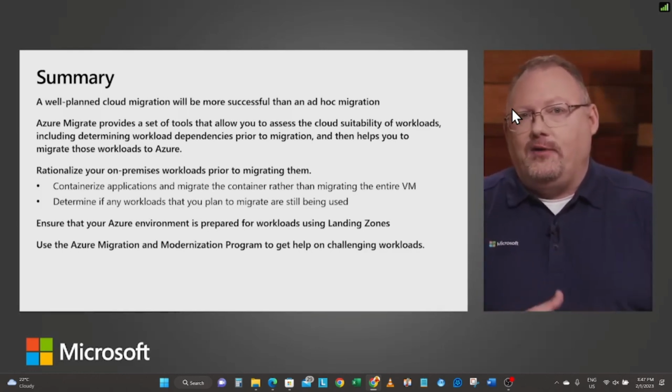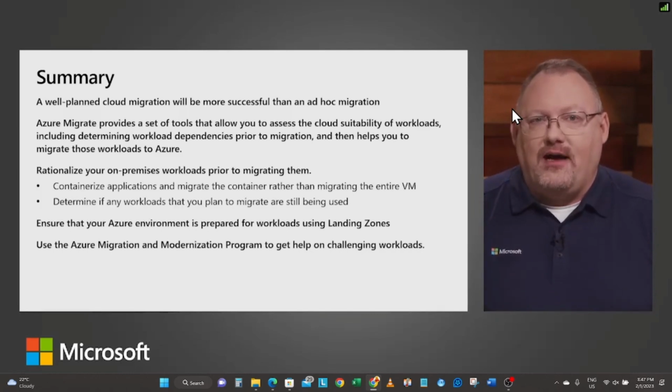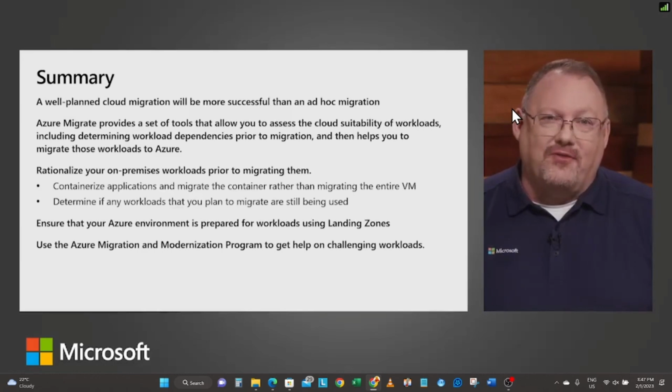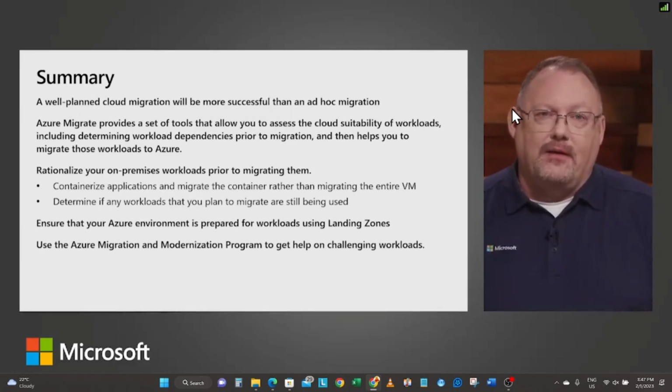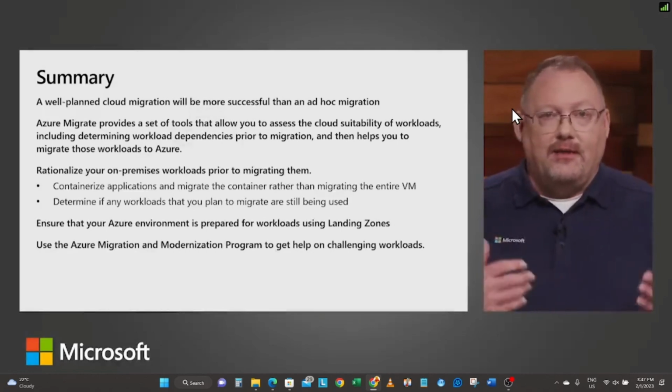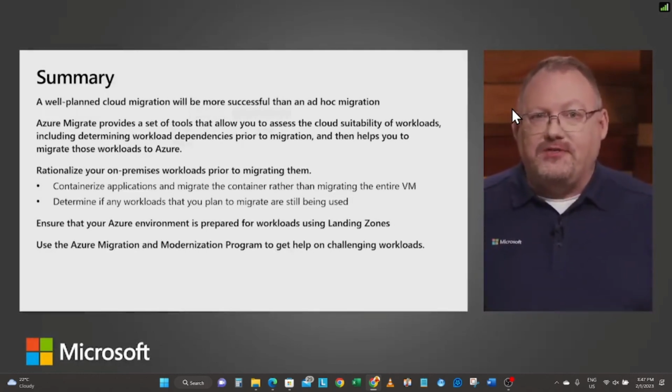Well, my favorite one here is file servers. Let me ask you a question about moving file servers. Do you care about the OS on the file server? Or do you care just about the files? Well then, why are you moving the entire file server when we have services to help do that? All right? So when you look at those workloads, understand what you're running on-prem. Articles prove it. Studies have proven it. 30% of your stuff is not being used.